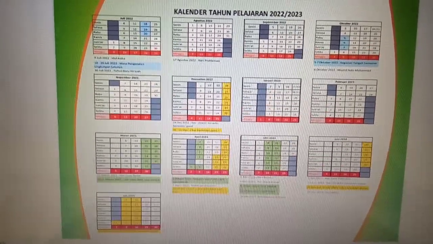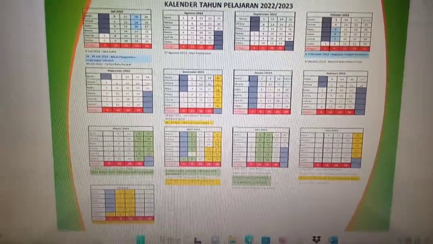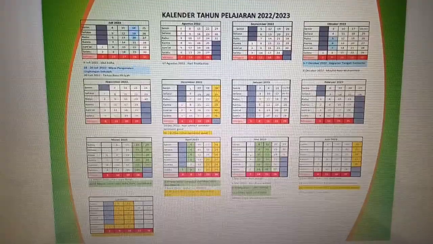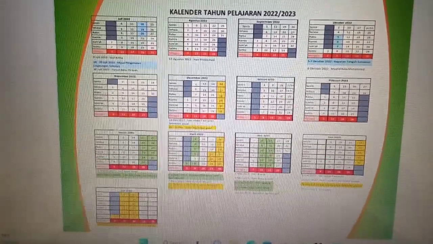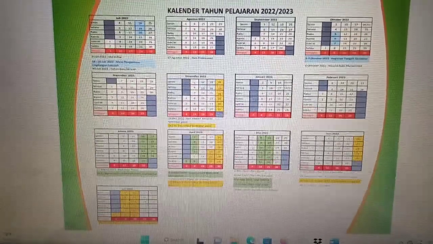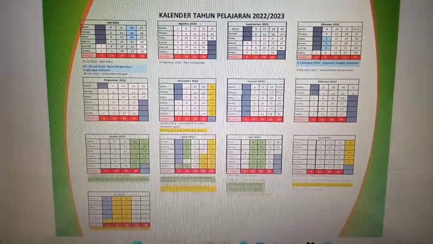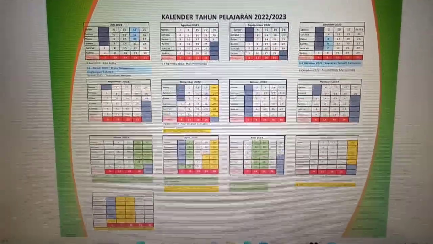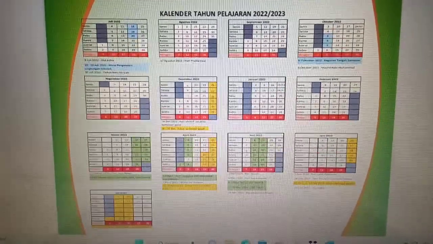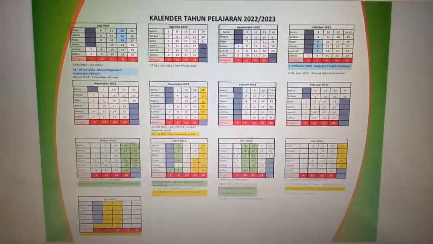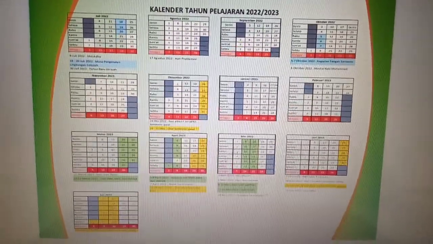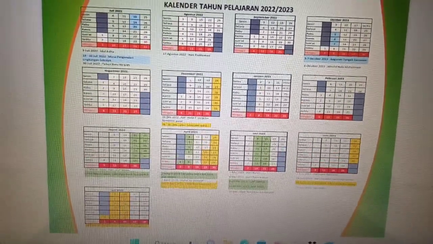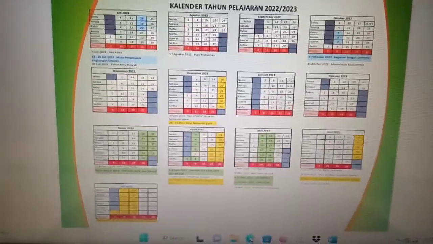So that we as teachers will have an idea about how to prepare our annual program or material for the whole year according to these effective weeks. So let us see how we count these